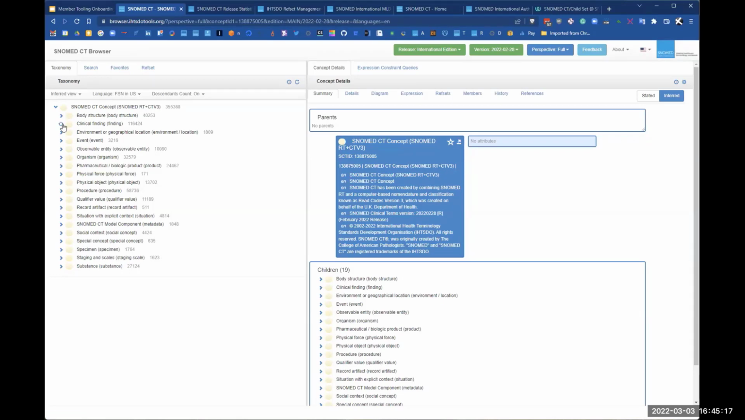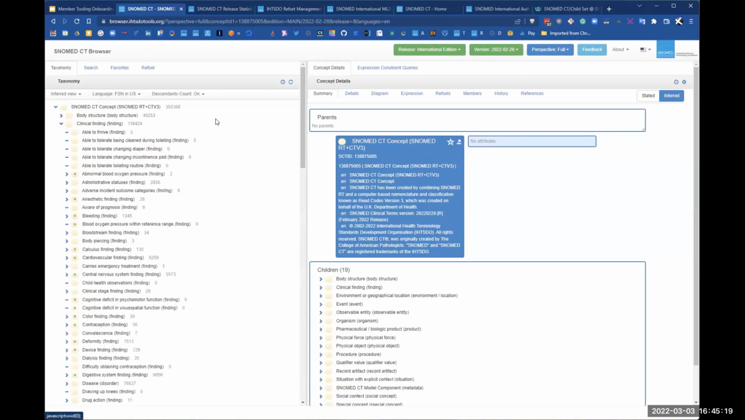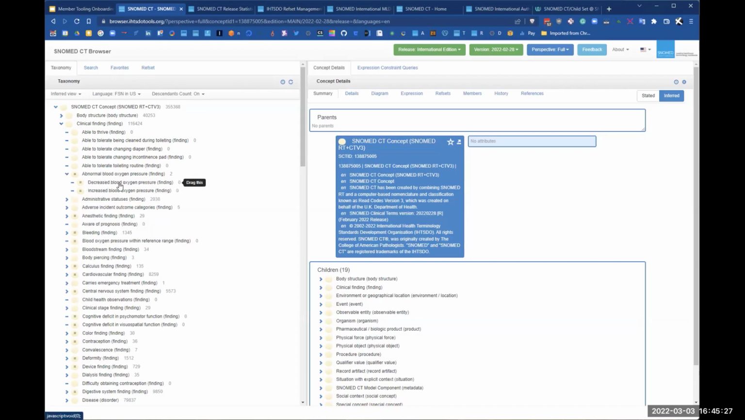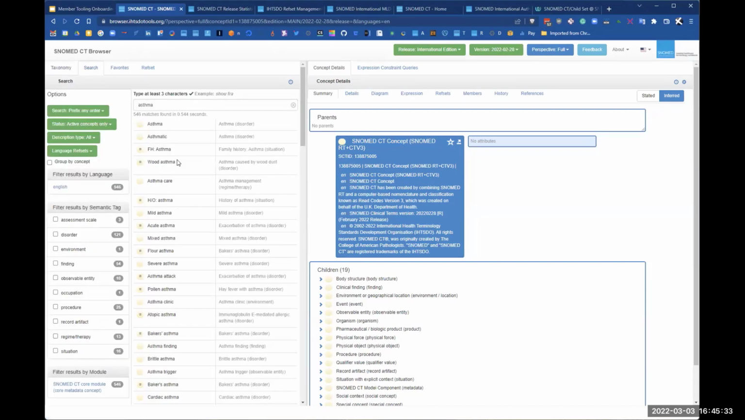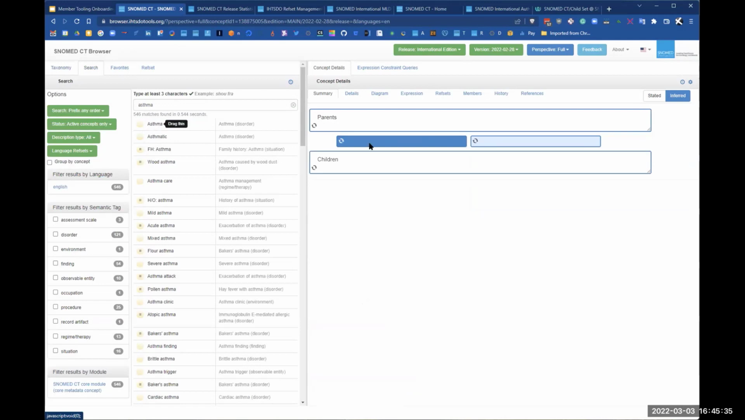But then, of course, like any taxonomy, you can scroll down. And you can also see here it has the descendant counts on, so it shows you how much is in that hierarchy. So I can keep on going down and it gives you the direct children each time you go down the taxonomy. If I go back to my search and now I want to have a look at the asthma content,